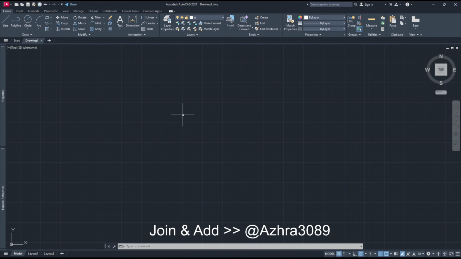Hello everyone, today we are going to learn basic AutoCAD 2027: how to change text size. So for example, I will create text. First you can use the text command. Okay, I will create here